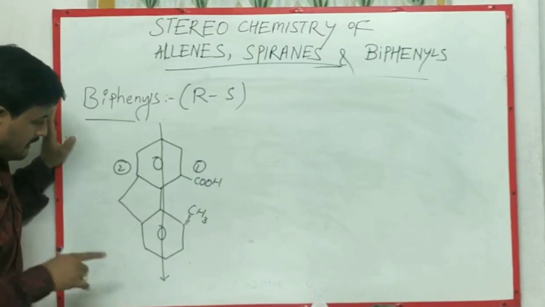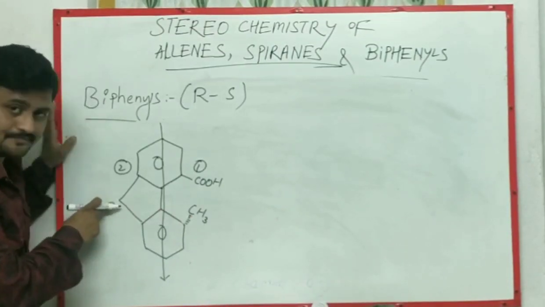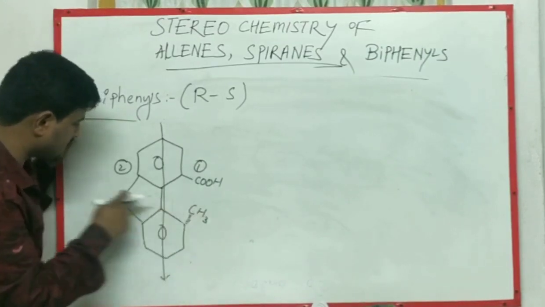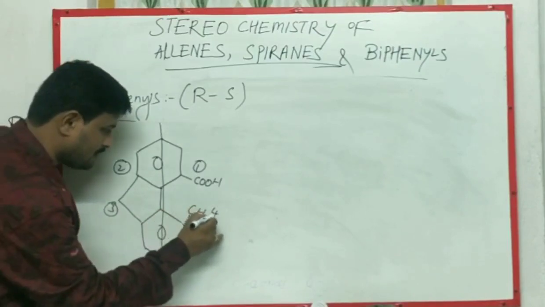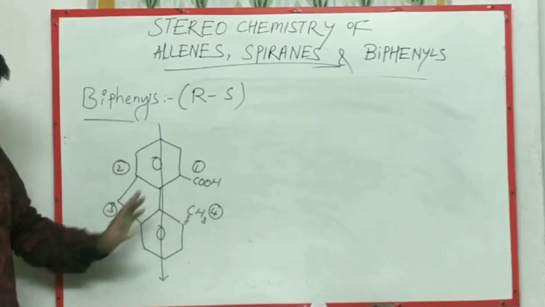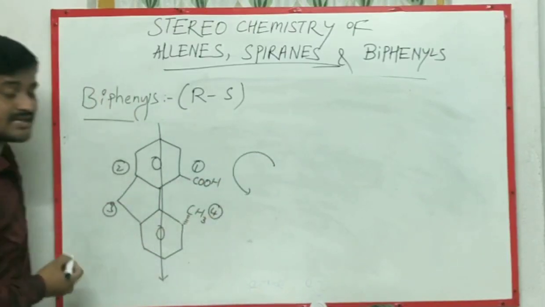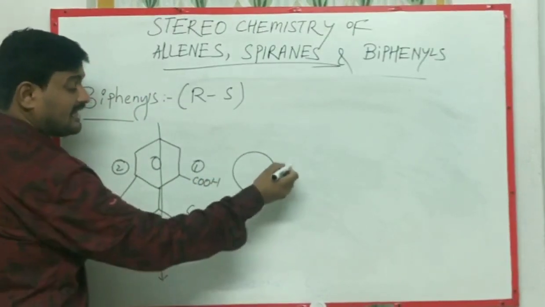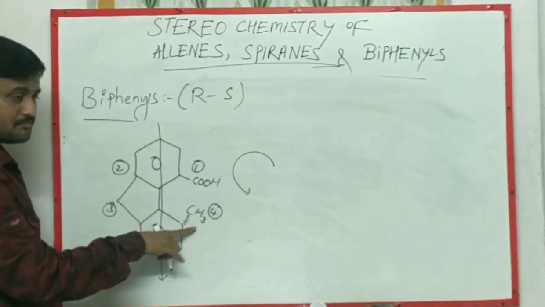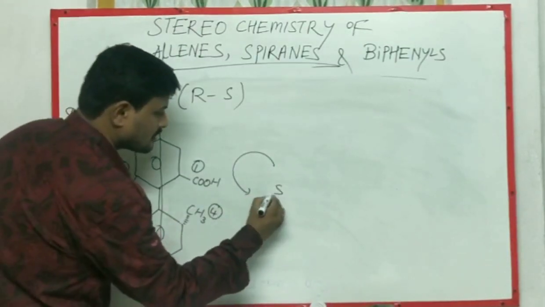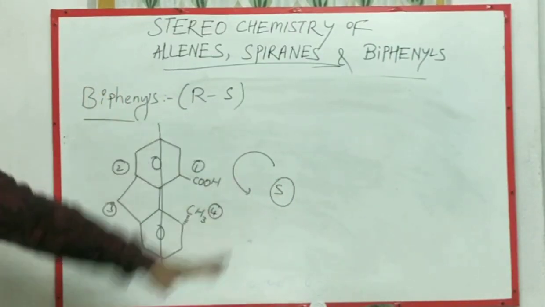In between these two, here carbon, here carbon. Here the next atom is hydrogen, but here the next atom is carbon. Then this is third priority, and this is fourth priority. The fourth priority is below the plane. Leave it: 1, 2, 3 in this direction means anticlockwise direction, and the fourth priority is below the plane. Then it is S configuration. Simple thing, any type of example.